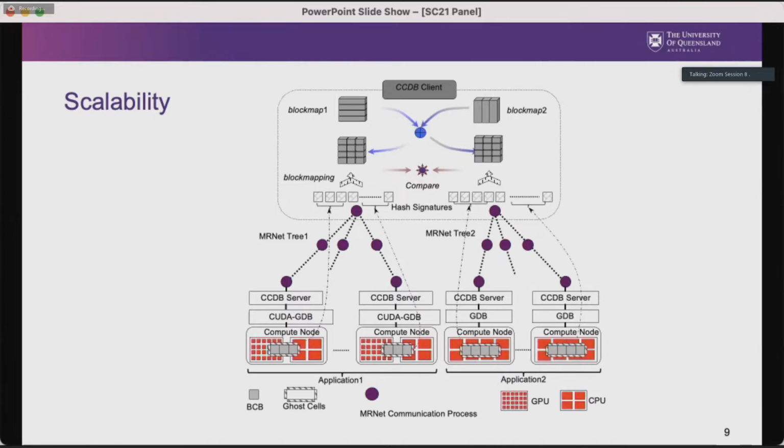And Bart will be happy to see there's an MRNet tree in there, so we're building on top of other tool builders. But basically what we do is we run a debug server right down on each of the nodes, and it's accessing the state of that part of the computation. Some of that code can be on a GPU, and so we're using a version of the debugger that actually accesses the state inside the GPU. And then that information is pulled back up through a reduction tree to the debugger, which is running centrally, so that you're actually starting to get parallelism within the debugger itself.